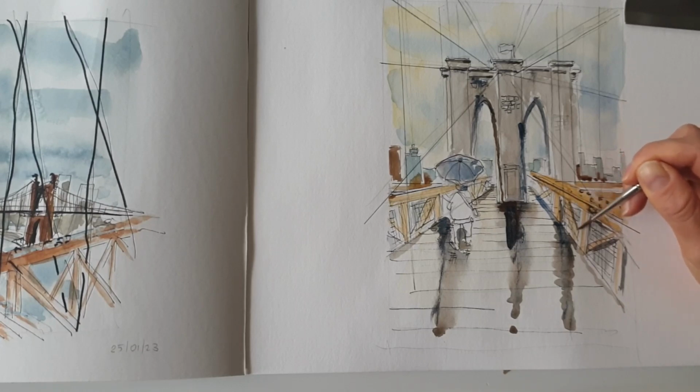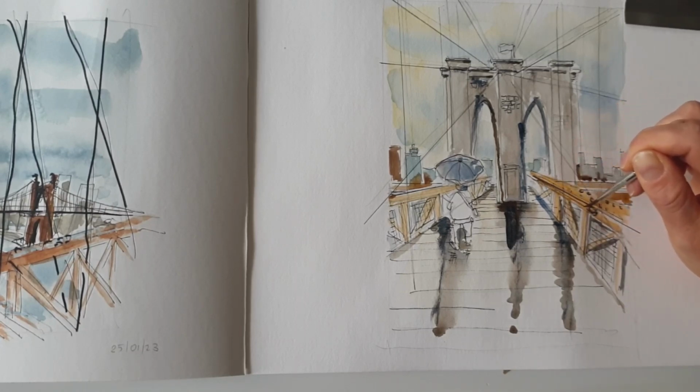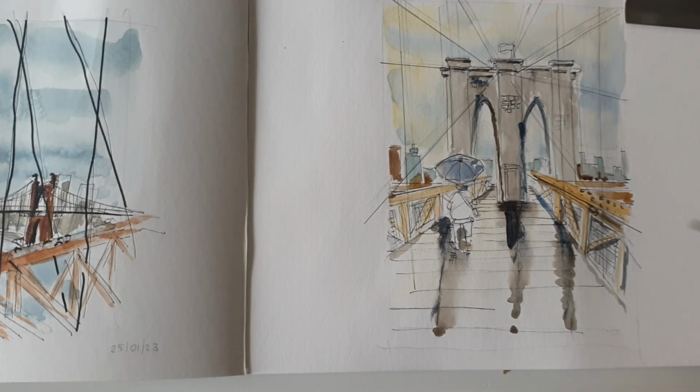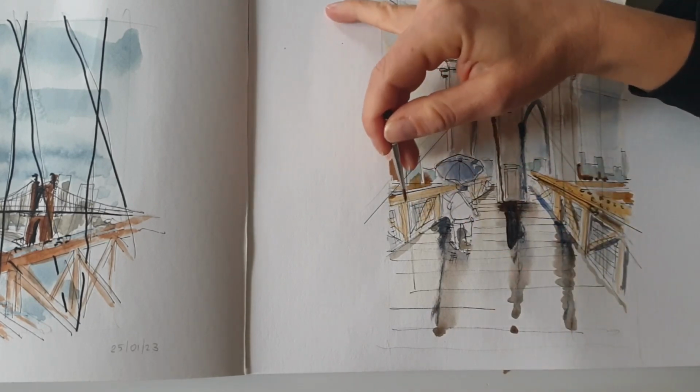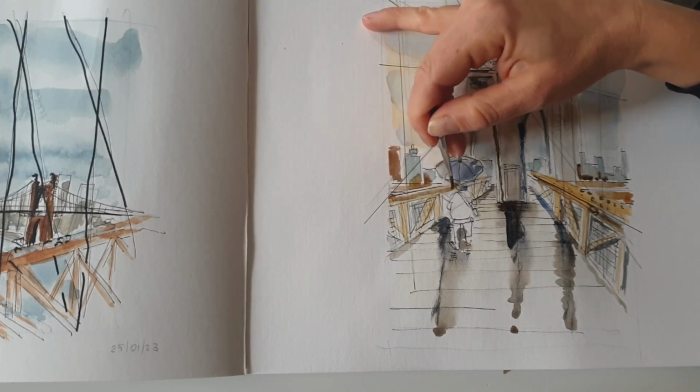So as you can see, I will use a brown shade to add a little bit more detail on the railing beams, but really I'm almost done. I just need to add a little bit more color to my person standing and also the flag. So I will let you